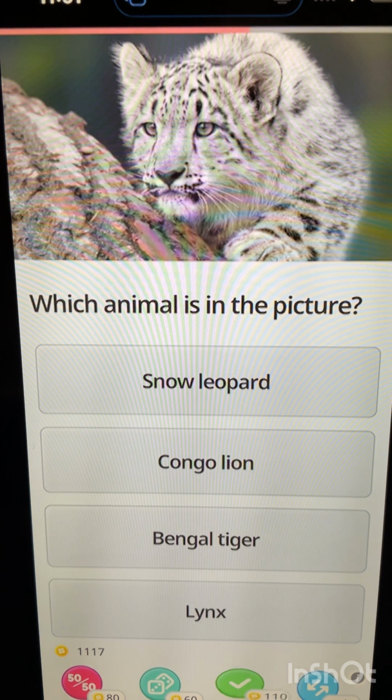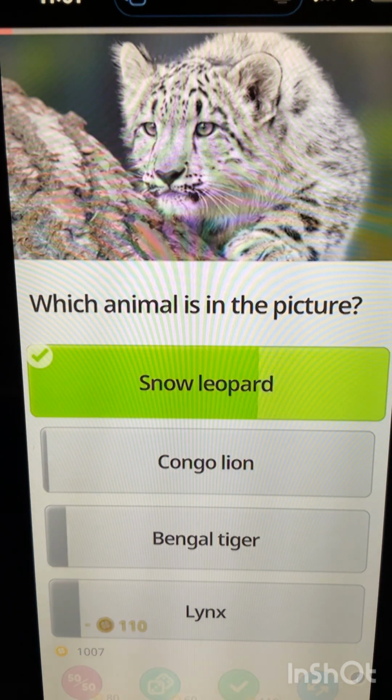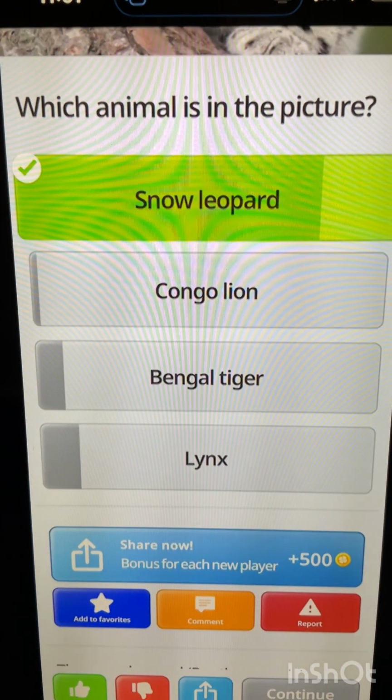A. Snow leopard. B. Congo lion. C. Bengal tiger. And D. Lynx. So what is the answer? The answer is snow leopard. Next question